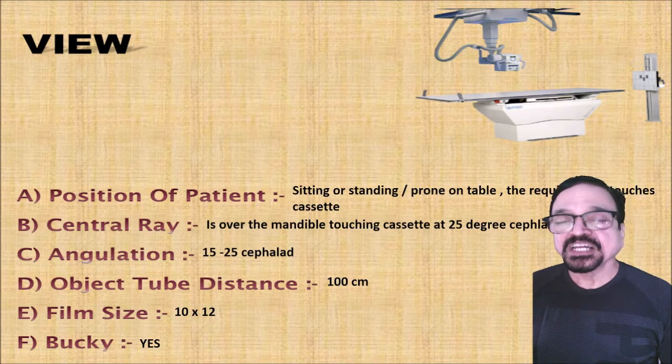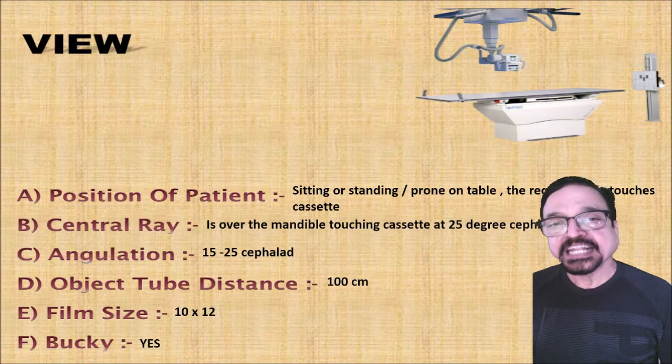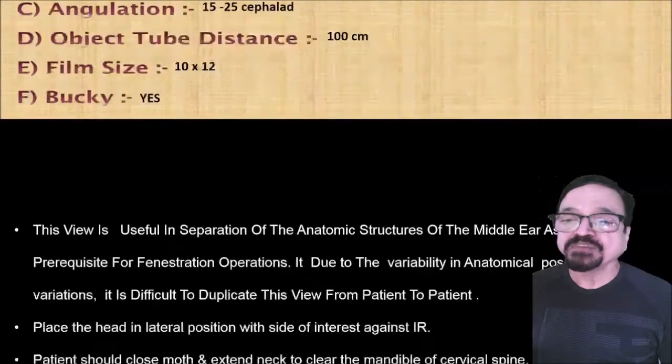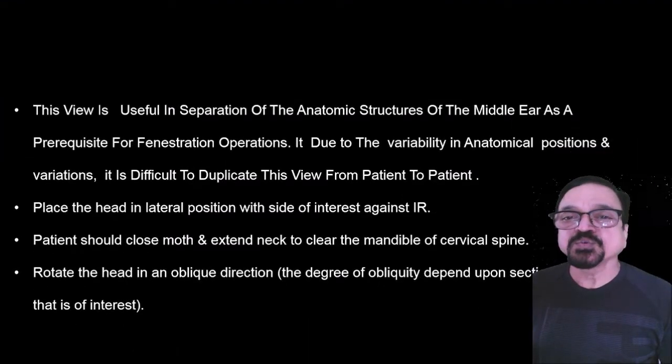The patient's obliquity and the patient's shoulder position greatly limit the angulation. If the patient is cooperative, he can pull the shoulder down, and we can give up to 25 degrees, but often we have to give less angle because of these two limitations.